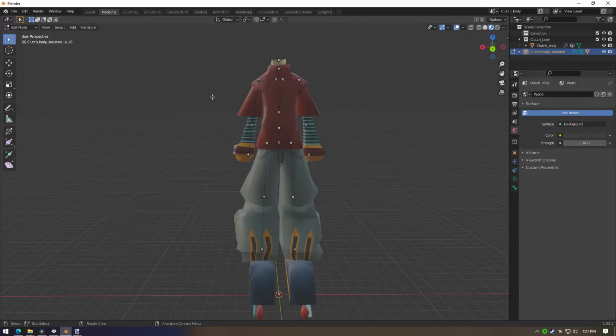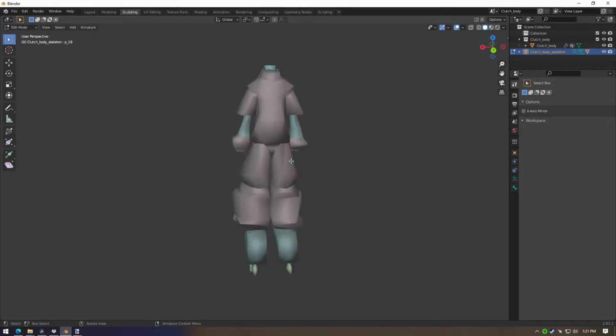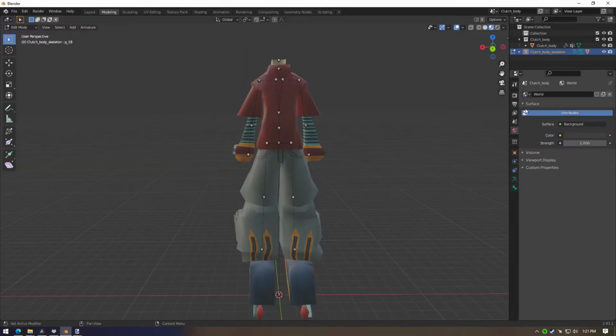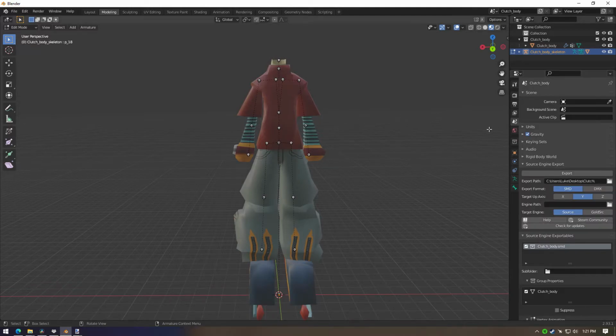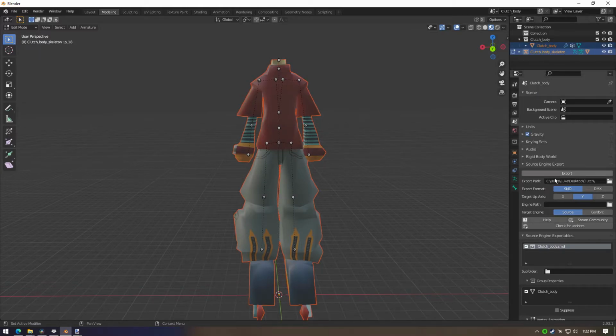That's easy enough to do without needing too much experience in Blender. So once all that's set, you're going to want to go to Scene Properties. You're going to want to right-click the skeleton, click Select Hierarchy, and then once you have the export path selected, you're going to want to have SMD, target up axis is Y, you're going to want to click Export